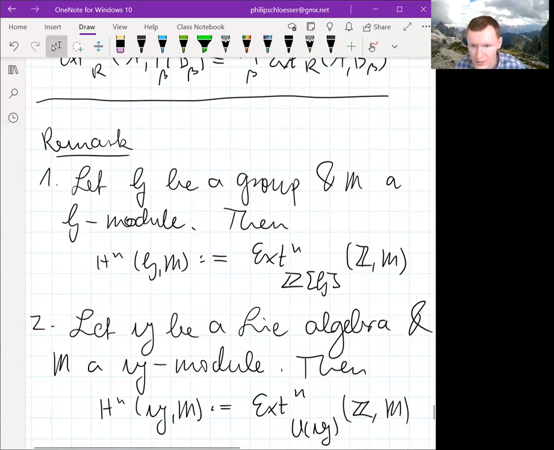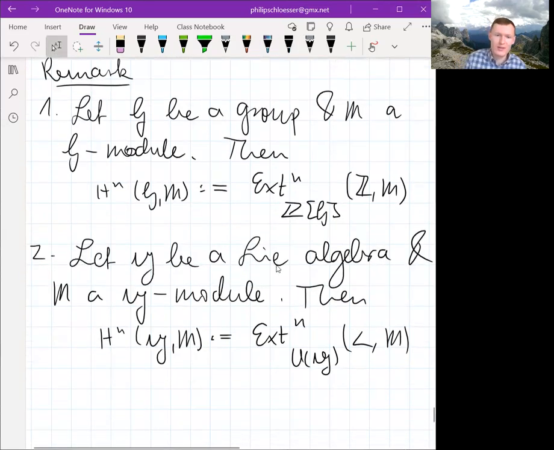Is this correct? No, of course not. Well, it's a Lie algebra over C, and then UG is a C-algebra, and then we have to take C there. And now I have long things about the interpretation of the zeroth, the first, and the second cohomology group